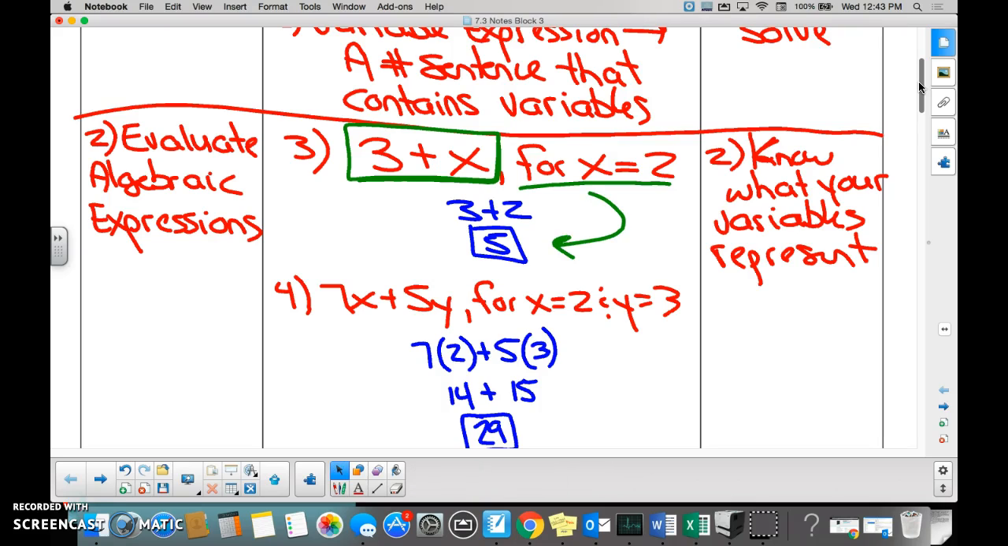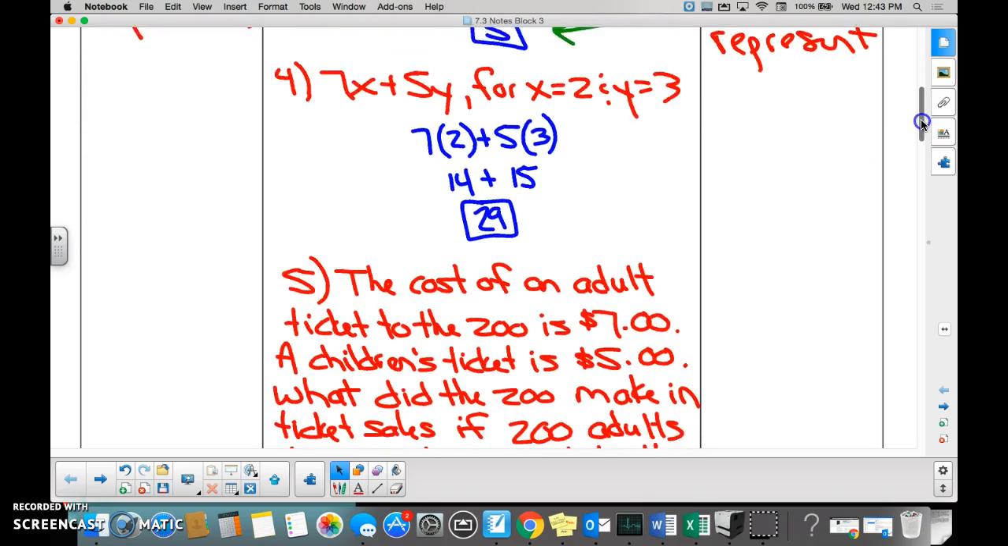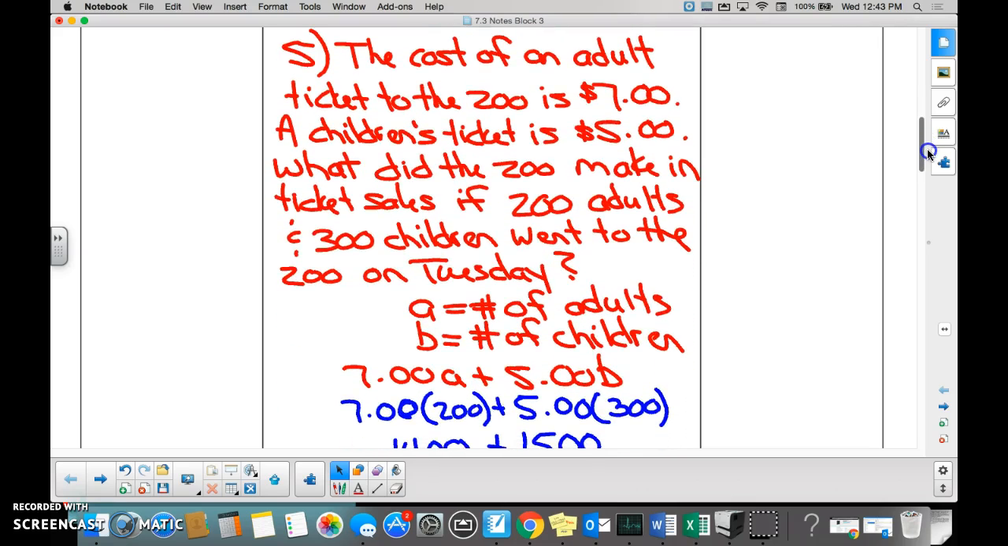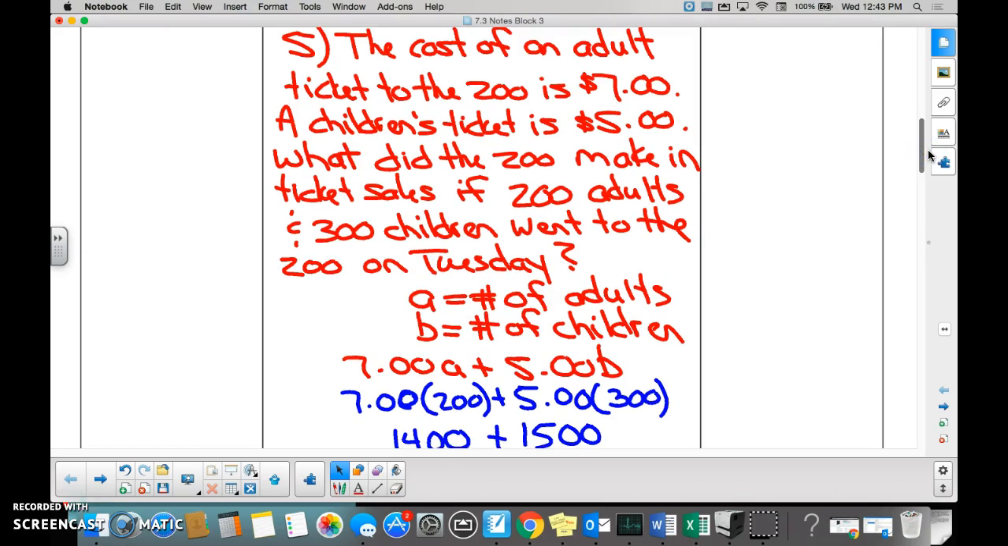So not a lot of complexity for number 3. Number 4, same thing. We're just plugging in the numbers for the variables. Number 5 is really why we're doing this. We have a word problem in which we're talking about the number of adults and the number of kids who go to a zoo. We found out that a ticket for an adult is $7, a ticket for a child